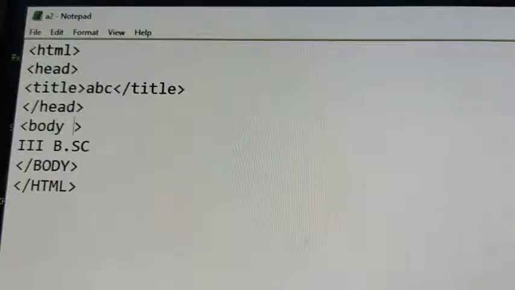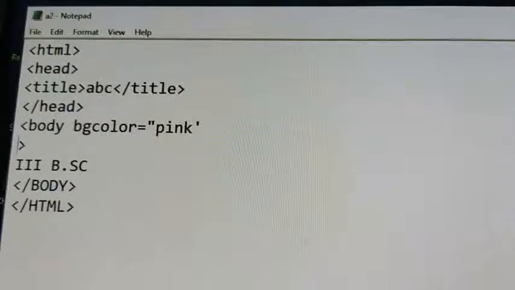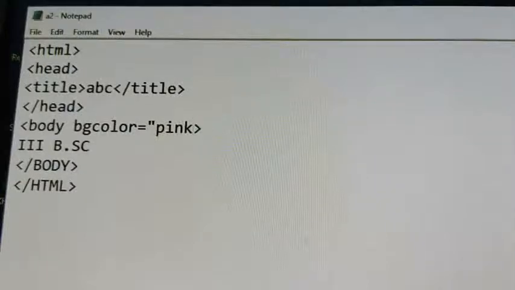Attributes give additional information to the tags, meaning they give different characteristics to the tags. Here I am using one characteristic, BG color. It is an attribute. Always write attributes inside the opening tag only. So body BG color, here I am giving pink. What extra information am I adding to the body section? I am changing the background color. So BG color is pink.